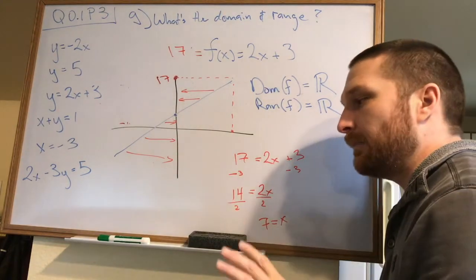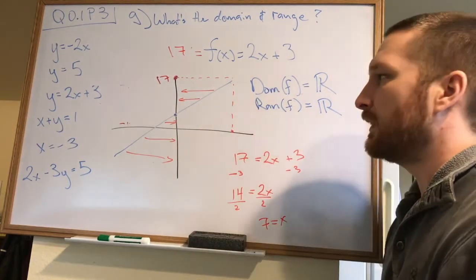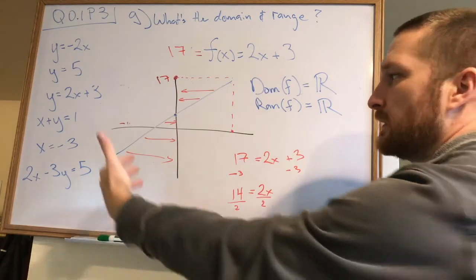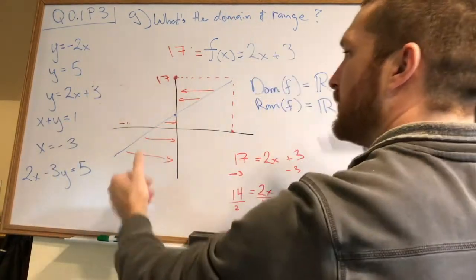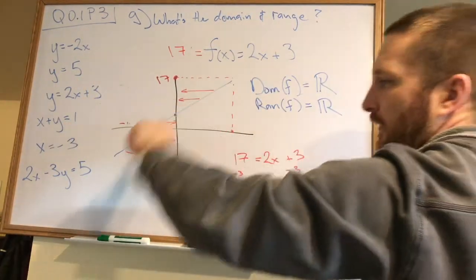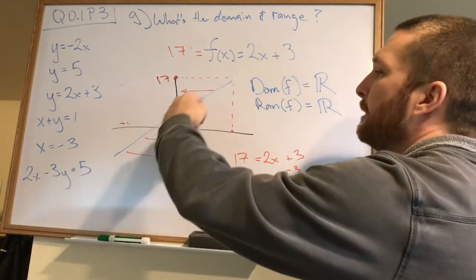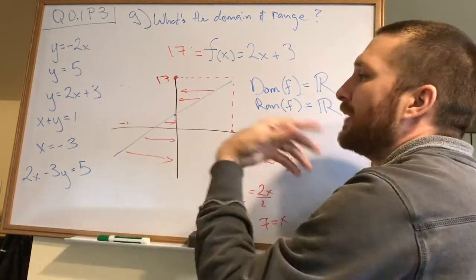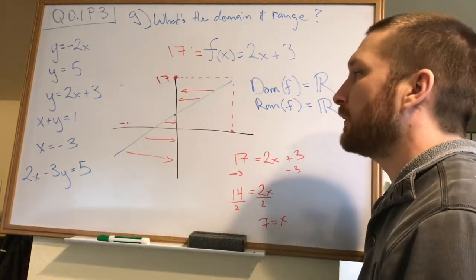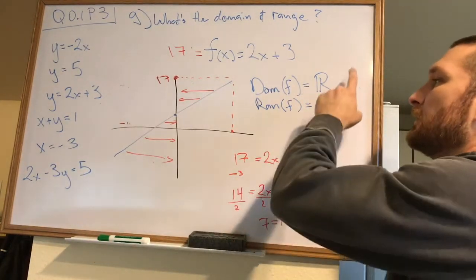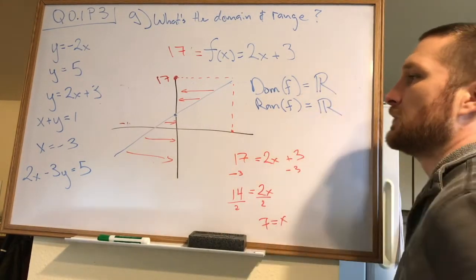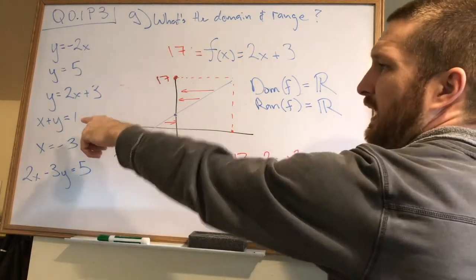But again, I'm going way too far into this. We could just look at the picture and see, yeah, those are all the outputs that get hit. That goes up forever. That goes down forever. There are no holes in this or anything, so every real number will be an output. So domain is all real numbers. Range is all real numbers. The next one,